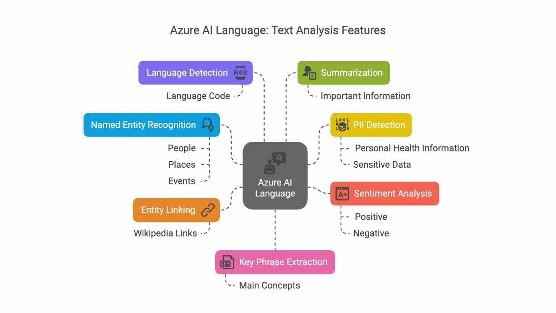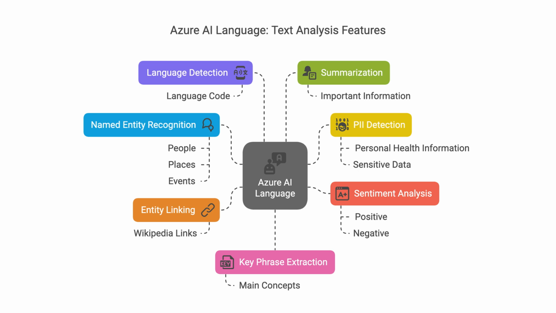This service acts as the central engine, branching out to provide specific tools for dissecting and comprehending unstructured text, transforming raw words into actionable insights. The visual highlights several key capabilities radiating from the core Azure AI Language Service. Foundational features include language detection, which automatically identifies the language of a given text, providing a language code essential for